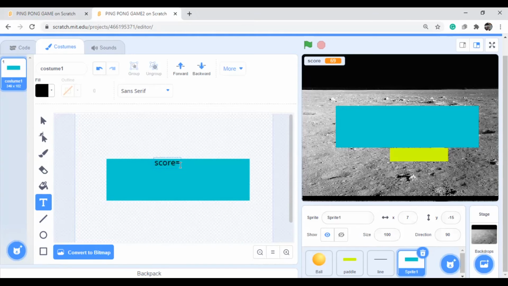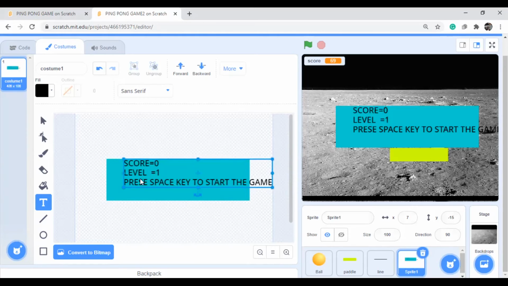Score equal to 0 to start, and you can give the level also. Level equal to 1. Better I will write in capital letters. Score equal to 0 and level equal to 1. You can make it like this, and here you can write: press space key to start the game. We can write it like this.